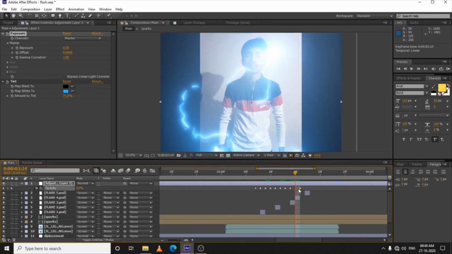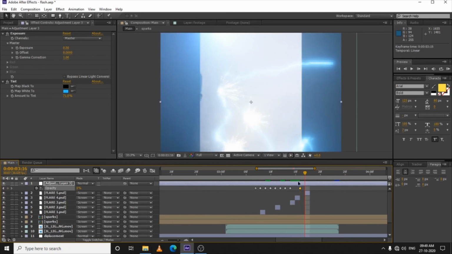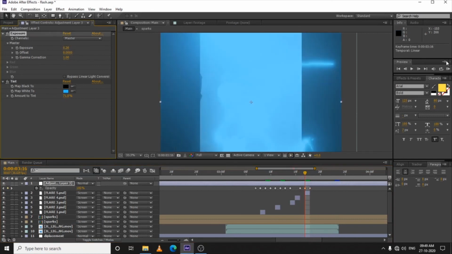Yeah, let's just drag this keyframe a little bit more forward. Let's again press Ctrl V, delete this keyframe and drag these 2 keyframes here. And let's just decrease the value of this point a little bit more lower, up to 0.2. Or let's just turn off the exposure. Okay, let's keep the exposure at 0.2.